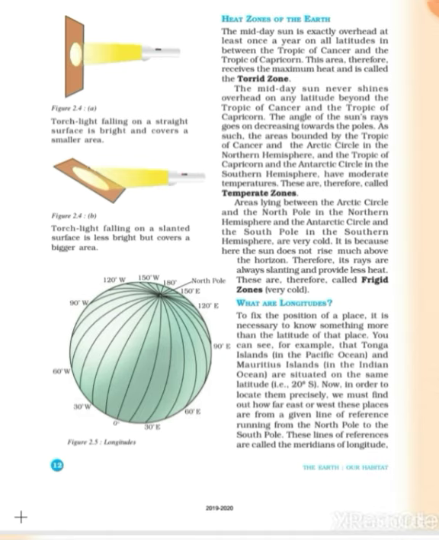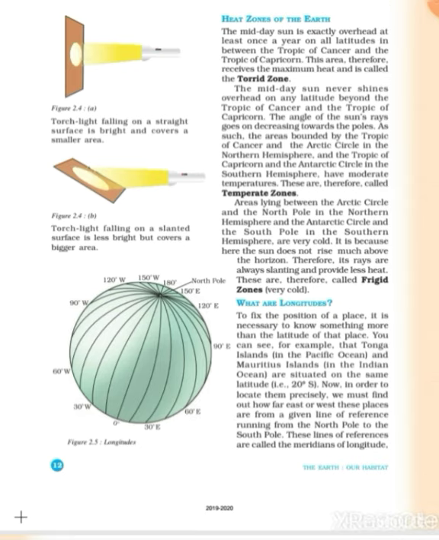Students, torrid zone is also called tropical zone. This zone lies between the Tropic of Cancer and Tropic of Capricorn. The word torrid means hot, right? It is the hottest zone of the earth because it receives relatively direct rays of the sun throughout the year. So this is called torrid zone. Next we are coming to the temperate zone.